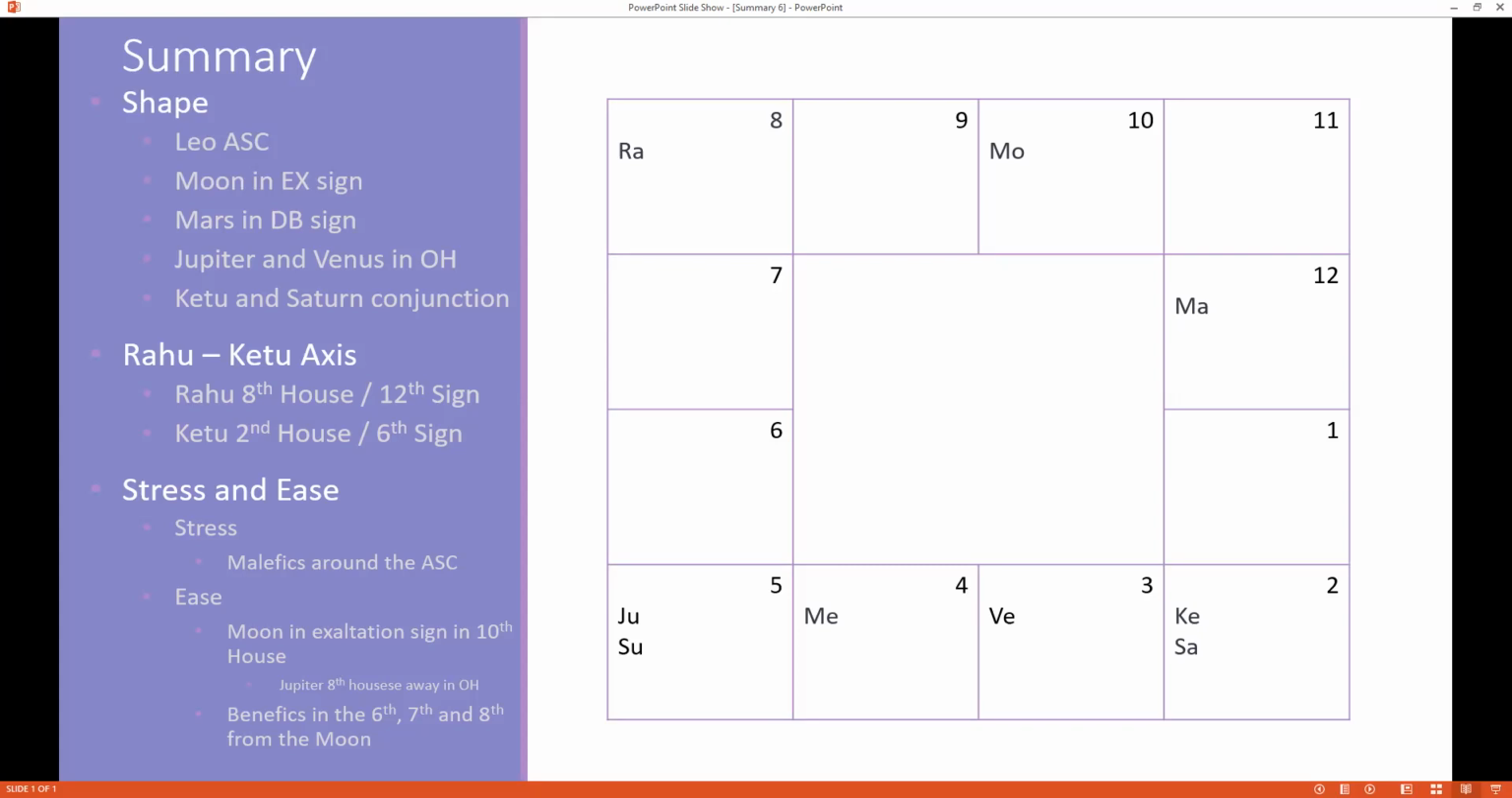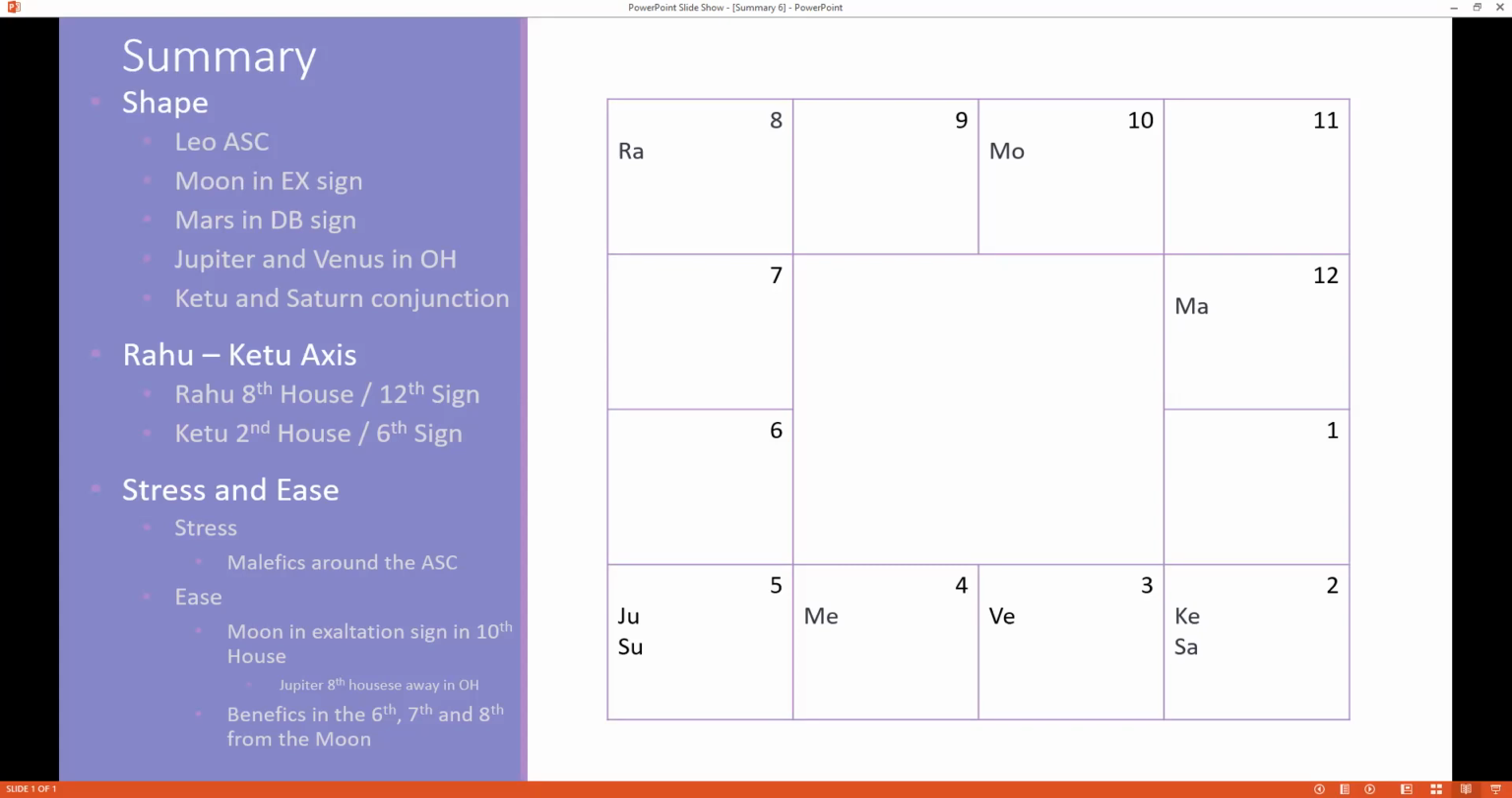But then there's a very brilliant yoga in this chart, which is that from the moon's perspective, it has a benefic in the 6th house, which is Venus. It has a benefic in the 7th house, which is Mercury. It has a benefic in the 8th house, which is Jupiter. So it's got the 3 benefic planets all there in positions 6, 7, and 8,